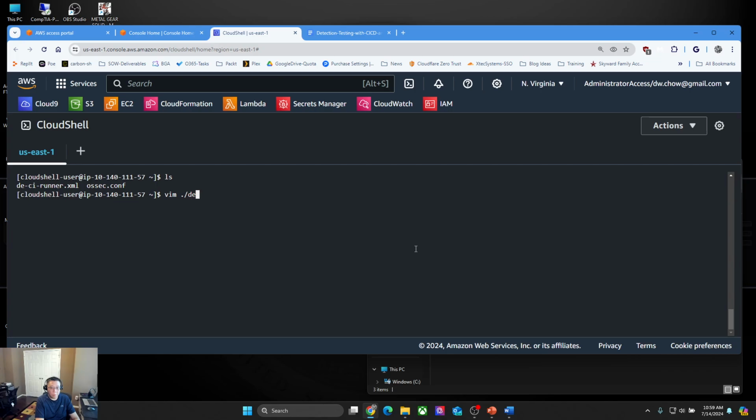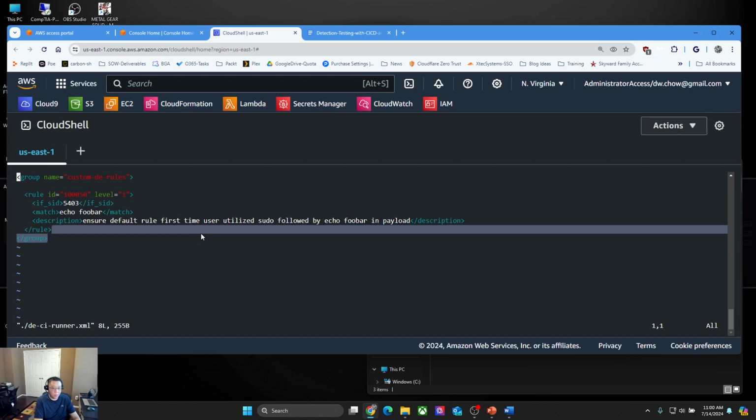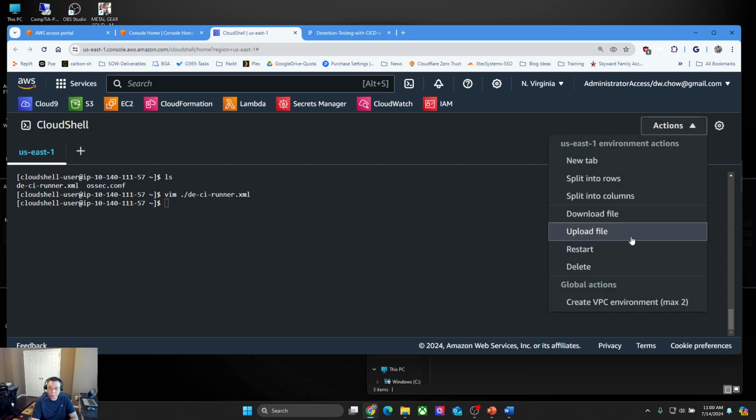While we do that, just going to do a quick view of that. We're just matching a custom rule. This class, again, is not about the creation of payload. Again, regular expressions and strings, and ensuring you have good definitions are a part of that. In general, we're creating something that says, hey, look for echo foobar inside a log payload, and make sure that the previous SID fires, which is one that's built in already, so anything generically under 100K is considered built-in. So let's try to upload once more,